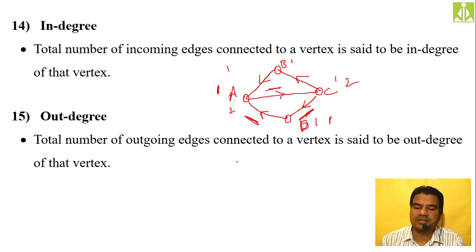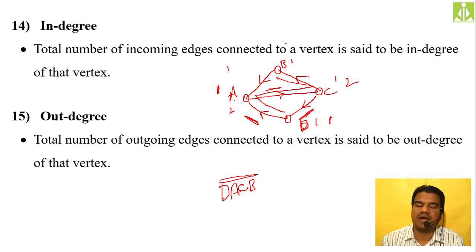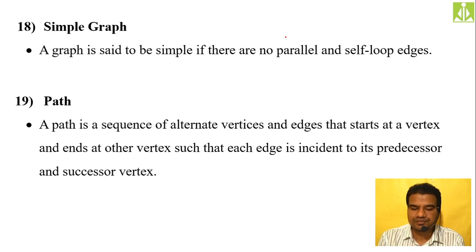So this entire thing, D, A, C, B, is nothing but your path, because we have to move like this, then like this, then like this. I have to move in a zigzag shape. That is the reason why we call this particular thing the path, the complete path between two vertices.